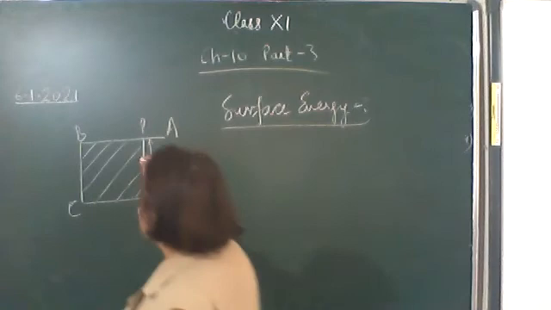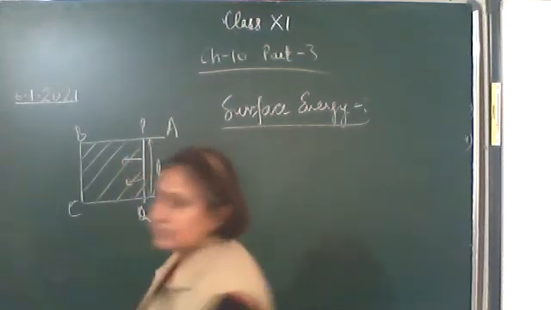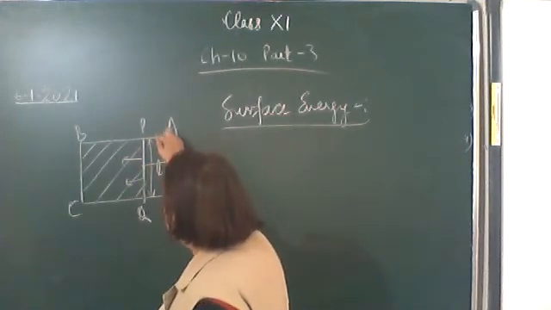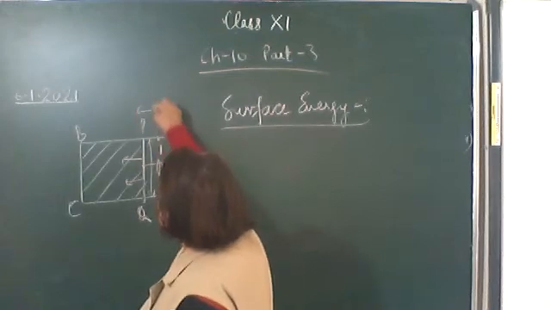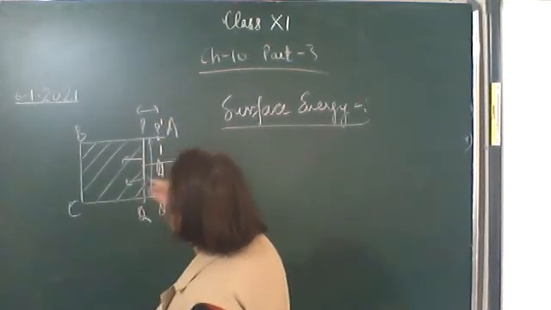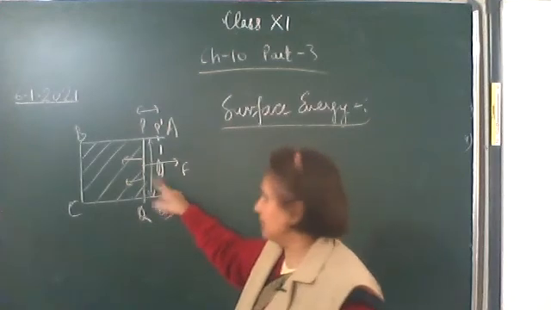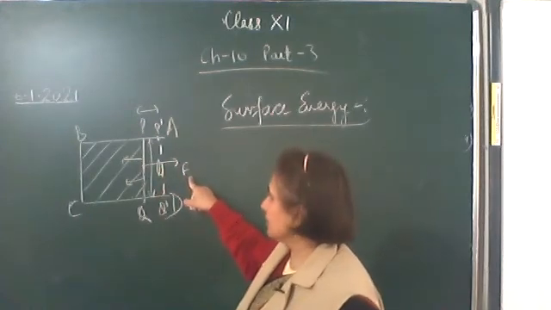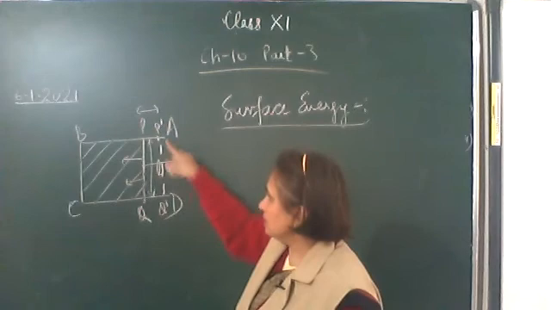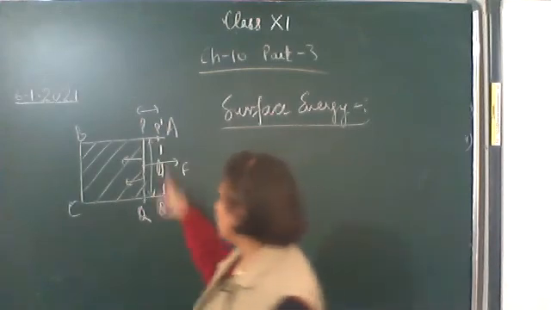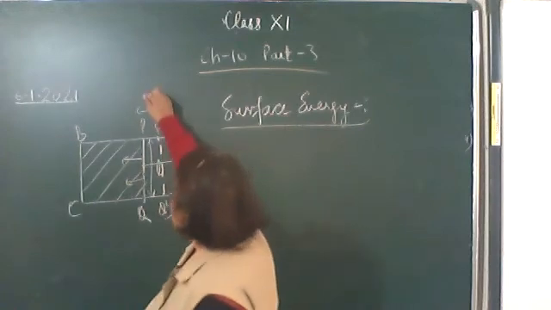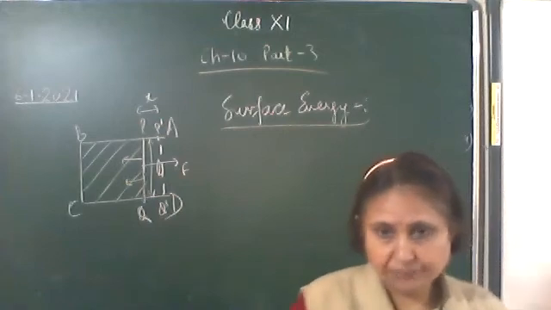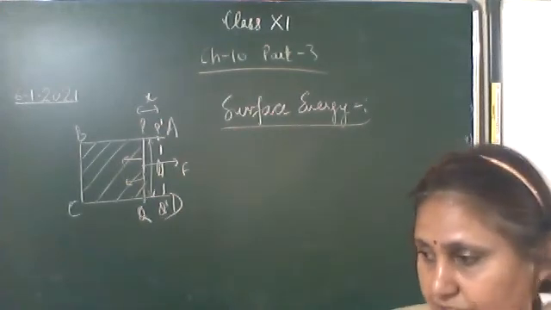Which direction is the force of surface tension acting? It is acting in this direction, and we pull the wire outwards with a force F to a distance. Now the wire has come to P dash Q dash, so the area of the film increases. That is, it is moved to a distance X. Draw the figure and write two lines, and we'll find its expression.